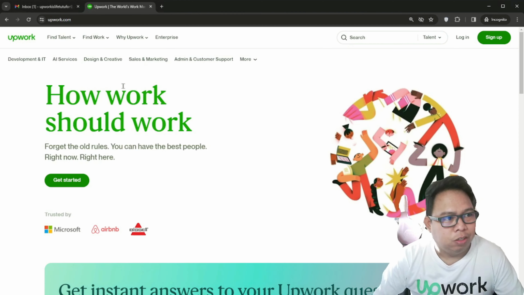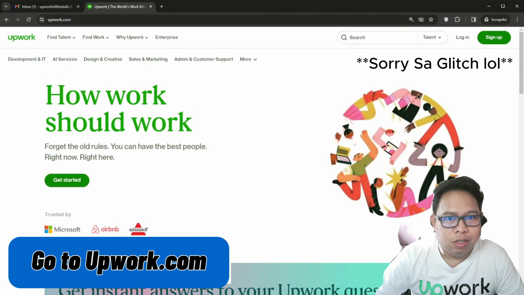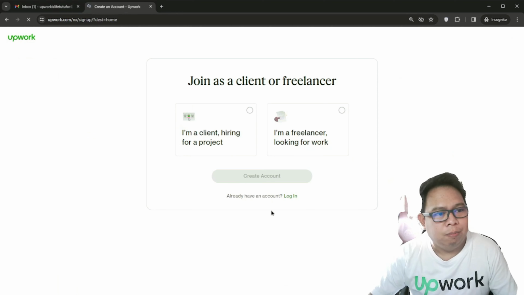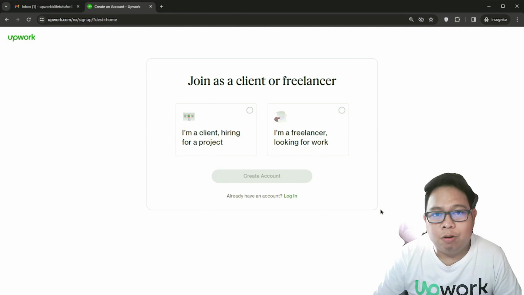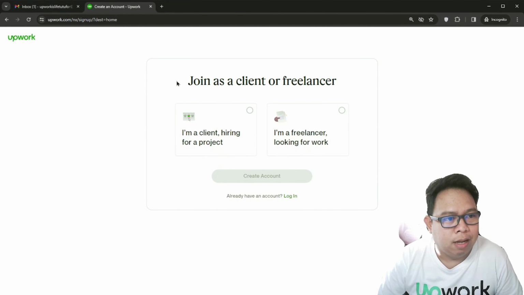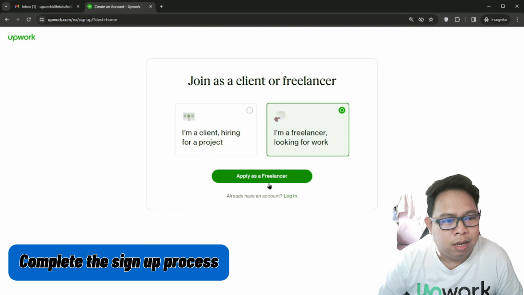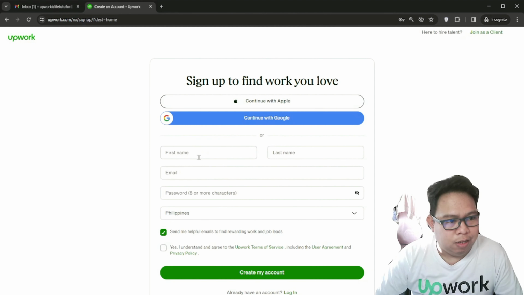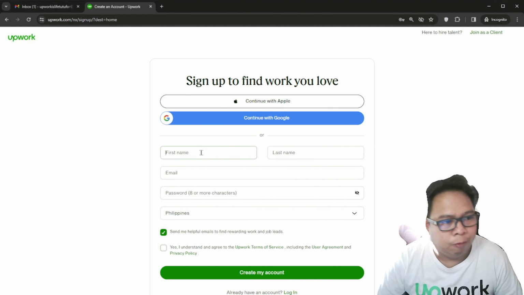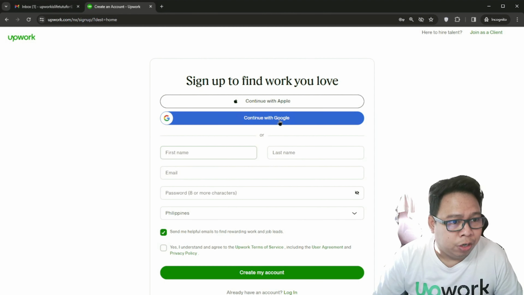So first, go to upwork.com and you need to click the sign up button, obviously, because gagawa nga tayo ng bagong account. So when you click sign up, select here, I'm a freelancer and looking for work, and click apply as a freelancer. Then you have options here if you want to fill out the form manually or you can continue